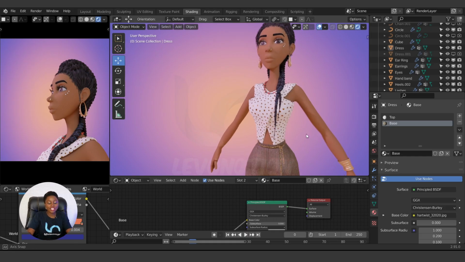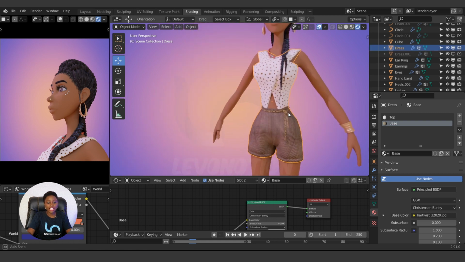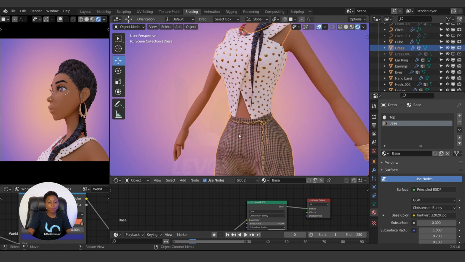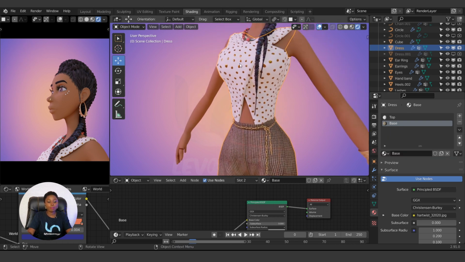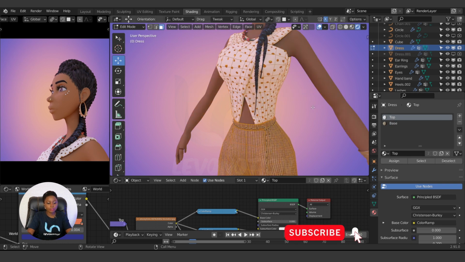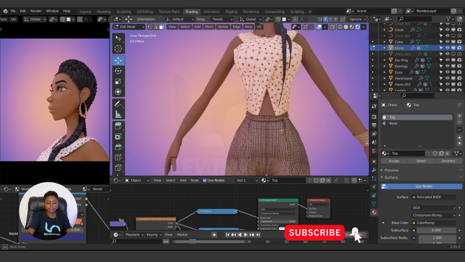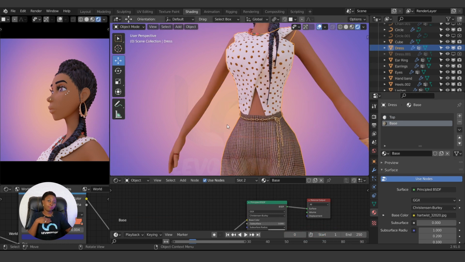So I'll be using this texture, and what we'll be baking is our jumpsuits. She has this, and this lower part of the clothes is the base, and this upper part is the top. So let me go to edit mode, top, select, and then base, select. So they have separate materials.